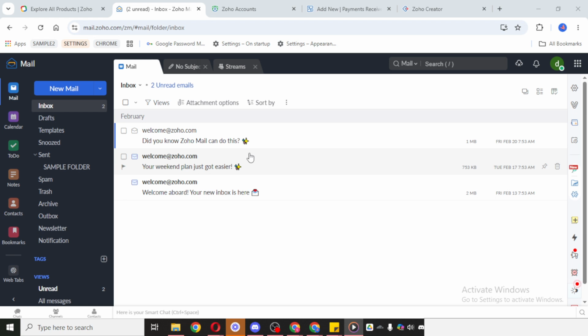The good news is that Zoho Mail makes this very simple to set up. To begin, open your Zoho Mail account and make sure you are logged in. Once you are inside your mailbox, take a moment to look around the main interface so you can easily find the menu options. You'll want to access the settings area, since that's where Zoho Mail stores your personalization and account preferences. Next, click on Settings.